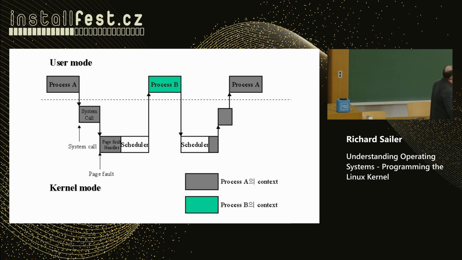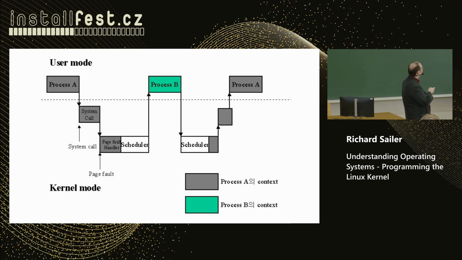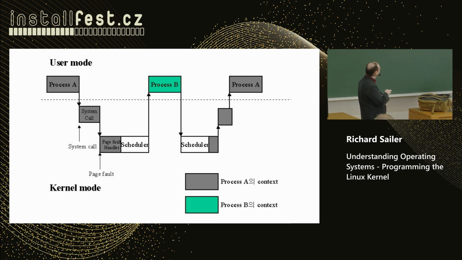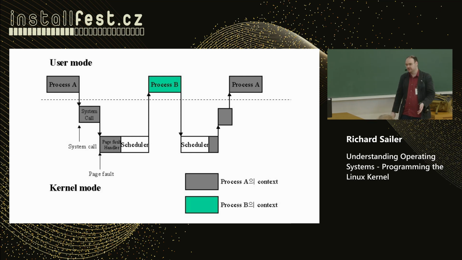So that is basically another example of what I explained. You can go into user space and kernel space, and then the kernel says, I will run another process that might do its stuff, and later, when it goes into the kernel, we get the scheduler again, and then we get process A. So that is the preferred and usual way that you switch processes: when one process does a syscall.